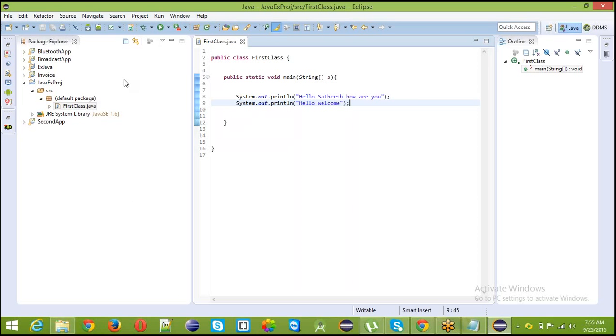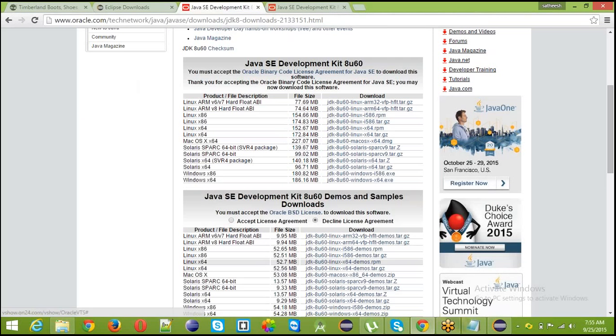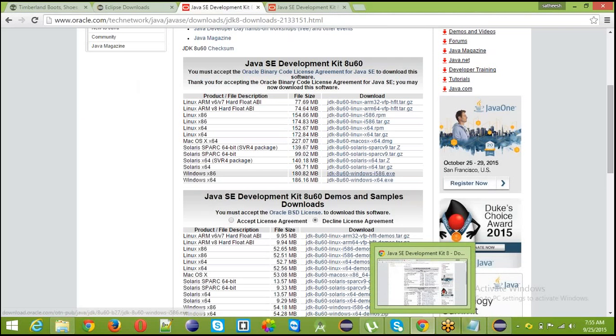This is the Eclipse IDE, and you can download it from eclipse.org, and you can download Java software. For this you need Java, but for Mac there's no need, because Mac comes by default with the Java software. Otherwise, if you want to download, you can download it for Mac also from the Java site. From Java we have many versions.